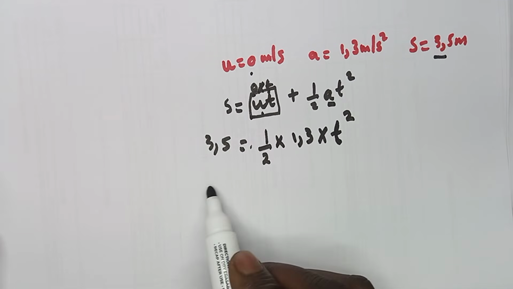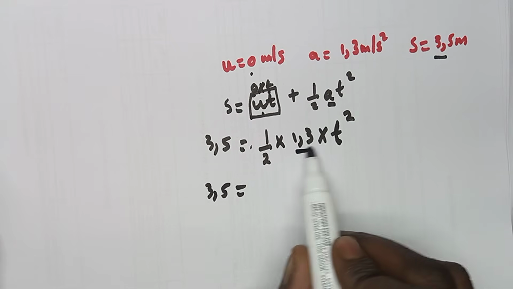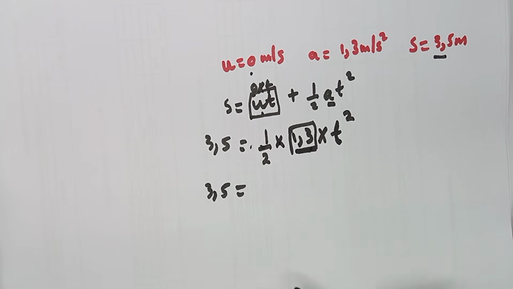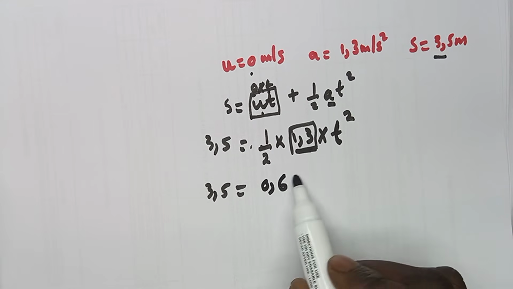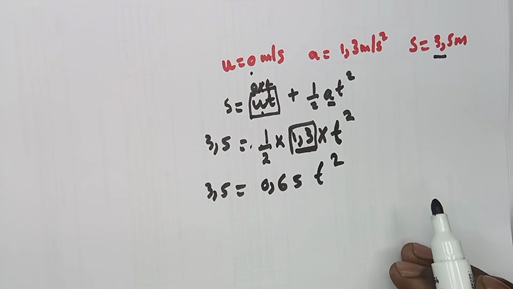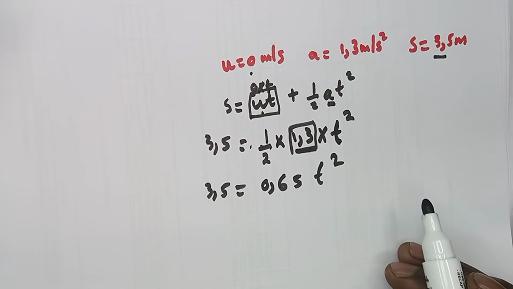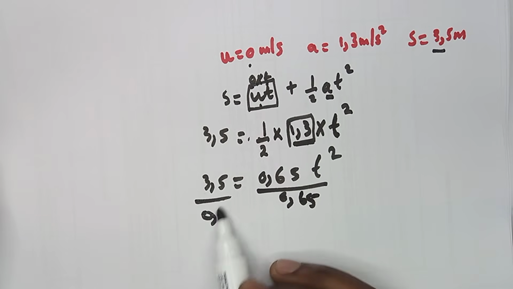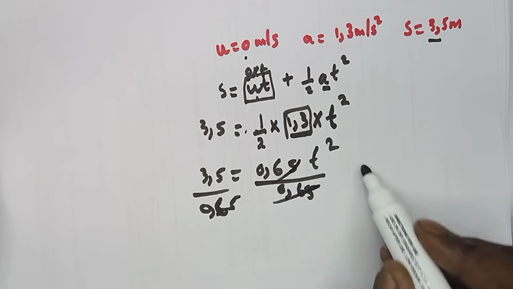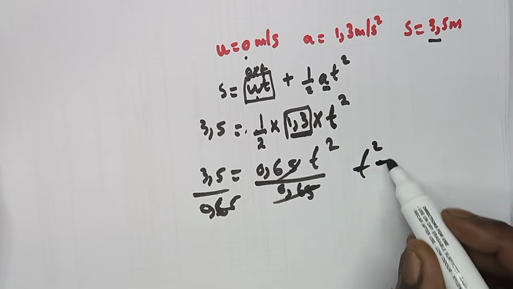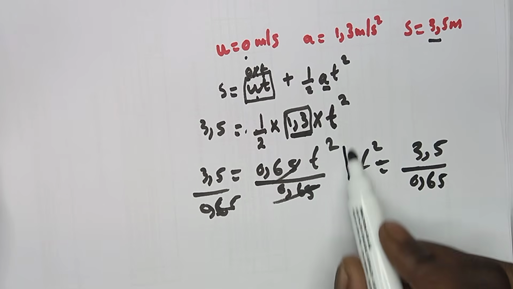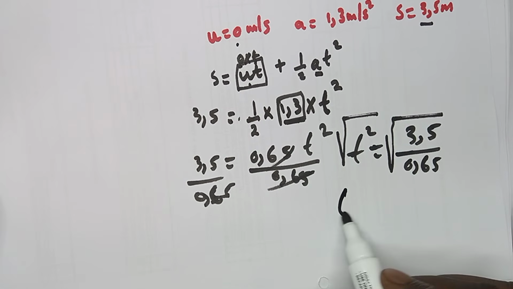Okay, so what are we going to have? 3,5 is equal to half of this. You can actually multiply from your calculator, 1/2 times 1,3, which is going to give you something like what? 0,65. Is it 0,65, guys? Just cross check from your calculator there. All right, so that's 0,65 t squared. And I want to calculate t, so I can actually divide by 0,65 here. Just play around with your calculator, guys. So that's t squared is equal to 3,5 over 0,65. So how can I find t? Introduce square root. All right, that's my t here,